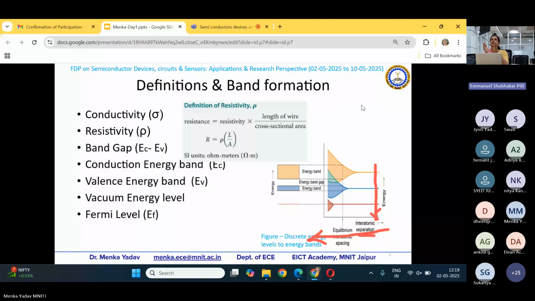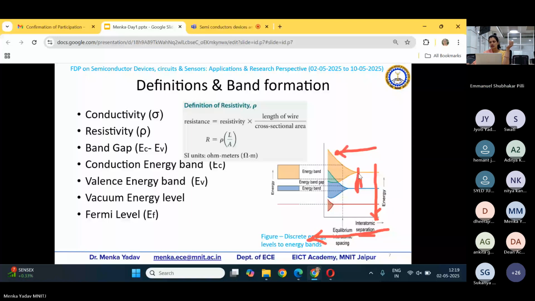Covalent bonding is a theory involving the sharing of electrons. It means the electron will be counted in this particular atom and in that particular atom also. So their energy is also being restructured. How it is restructured is decided by this diagram. As they come closer and much closer, these discrete levels are converted into bands. These are the bands.